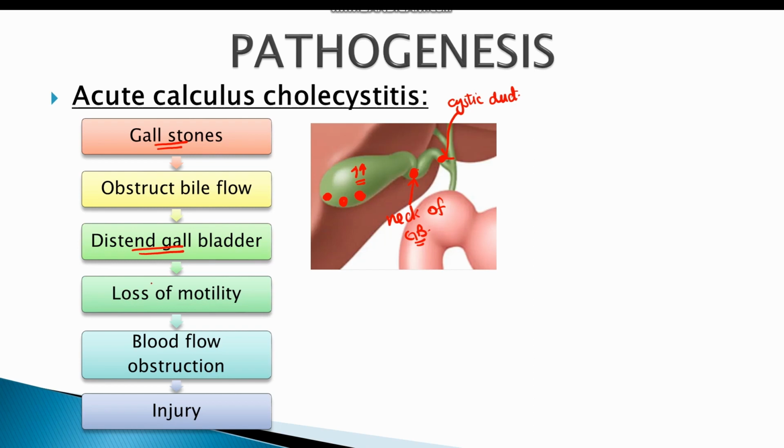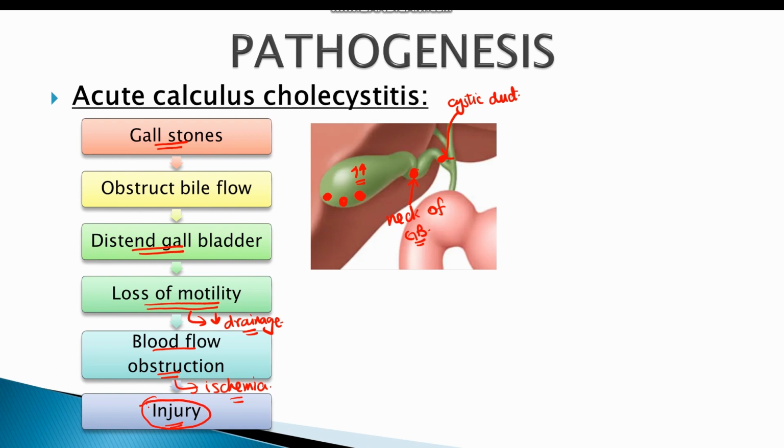The distension of gallbladder results in the loss of peristaltic movements and hence loss of motility. So there is decreased drainage of bile which accumulates inside the gallbladder. Moreover, the increased pressure inside the gallbladder results in the compression of blood vessels, hence resulting in obstruction to the blood flow. This obstruction leads to ischemia, and hence there is an ischemic as well as a mechanical injury to